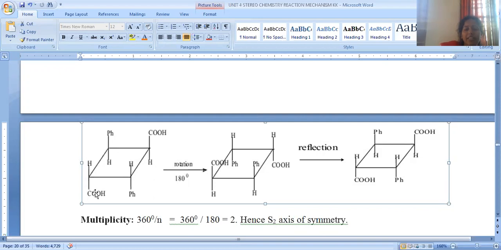During the 90 degrees rotation, what happens? This corner functional group is moving from one carbon to the second carbon, 90 degrees rotation. Second carbon to third carbon, also 90 degrees rotation, so that this group will reach this opposite position. In the same way, all the groups are reaching their opposite positions. This is about the molecule after rotation. Okay, what do we have to do?